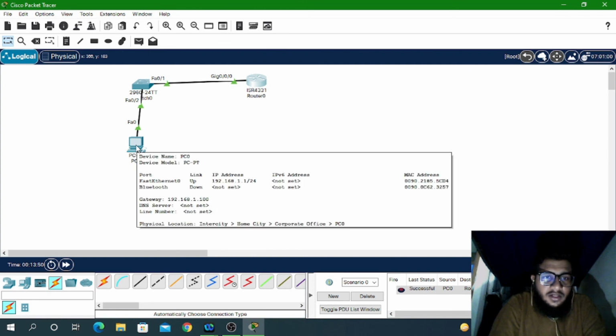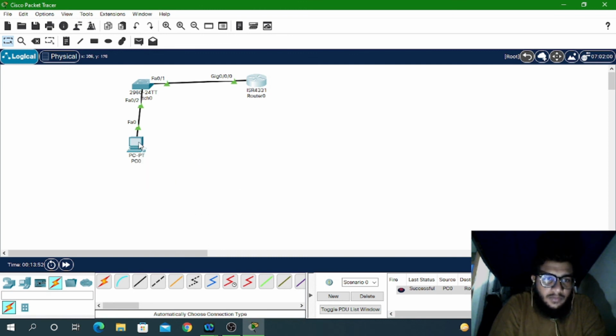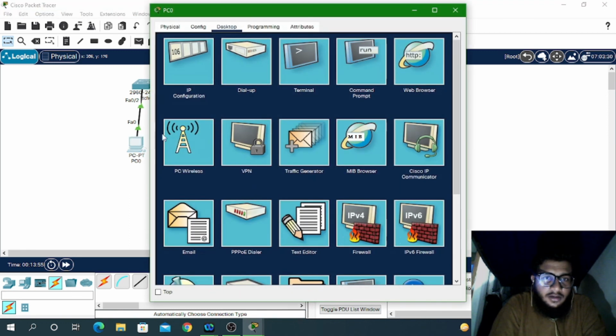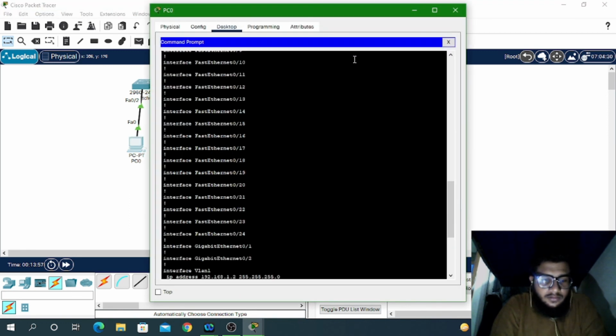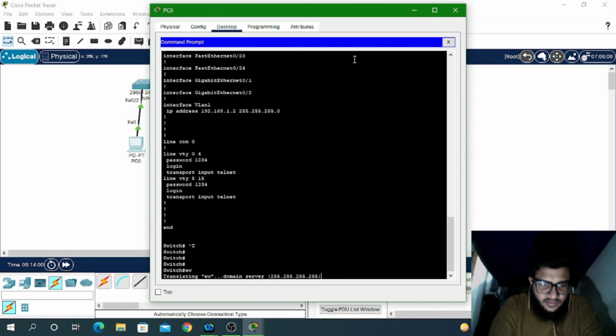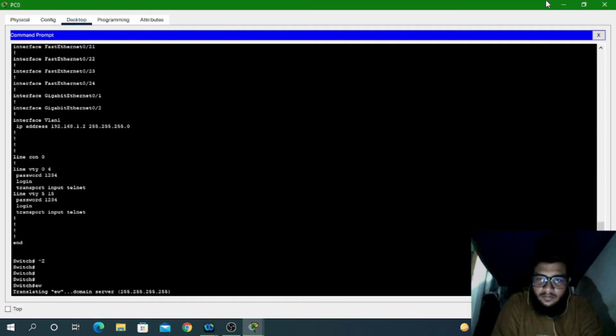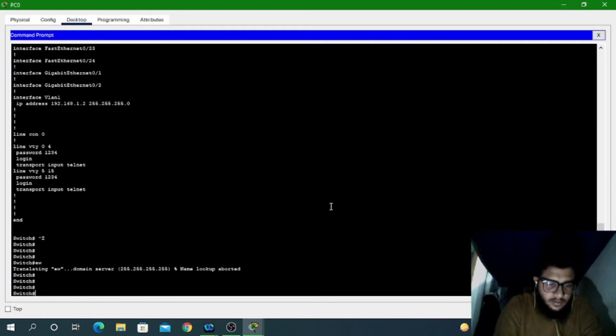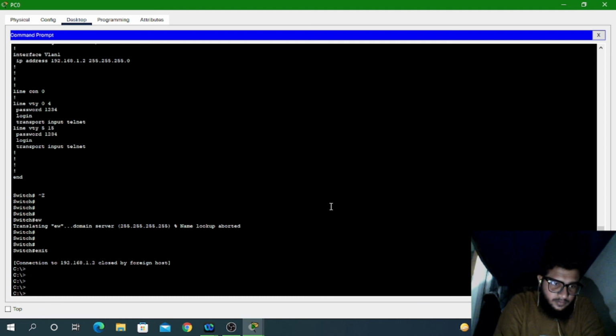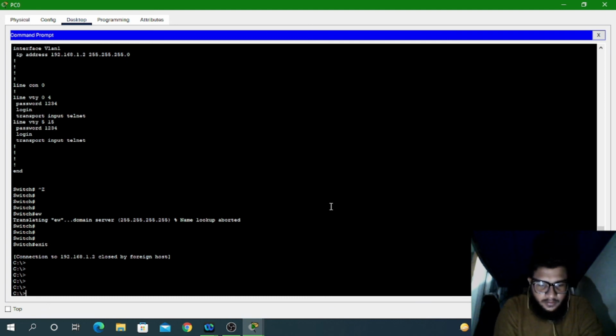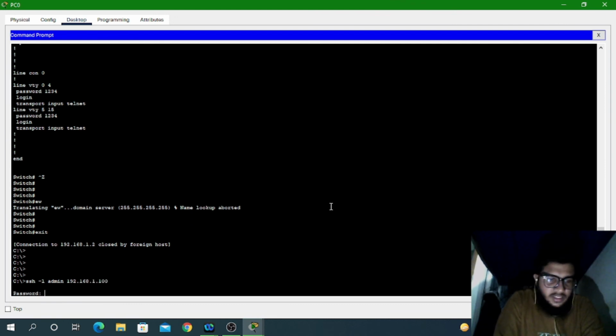So the default gateway is 1.1.1.100. First I have to exit from here, the switch, then type SSH -l admin 192.168.1.1.